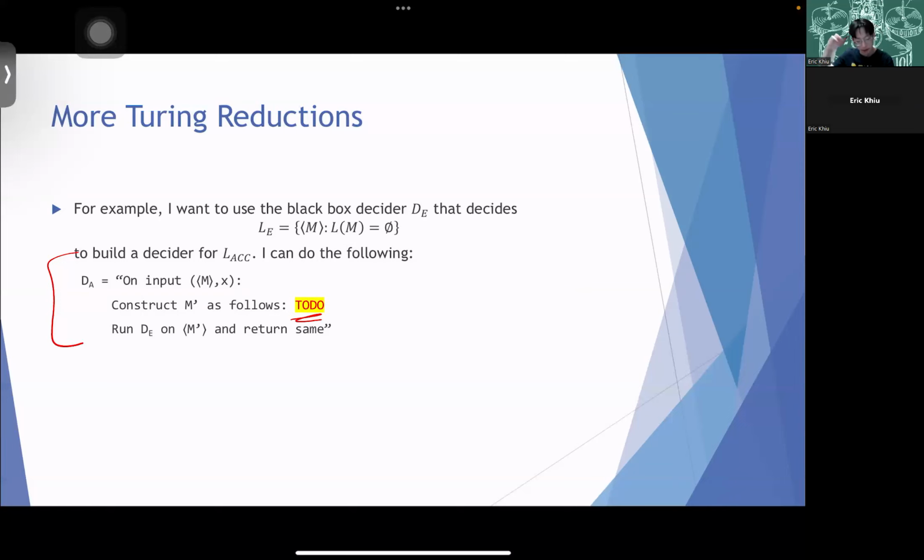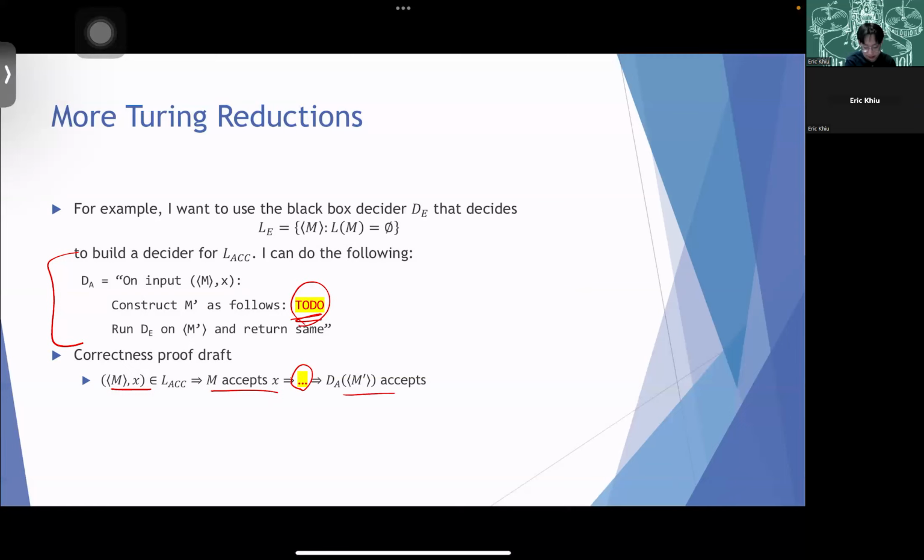When you are writing a decider, you want to prove correctness, which means you want this structure. If this input MX is in L accept, by definition it means M accepts X. Then something happens in this machine by the construction of M prime. I want my decider